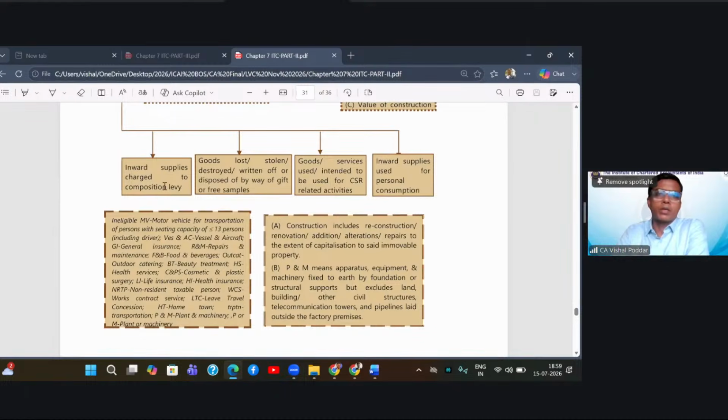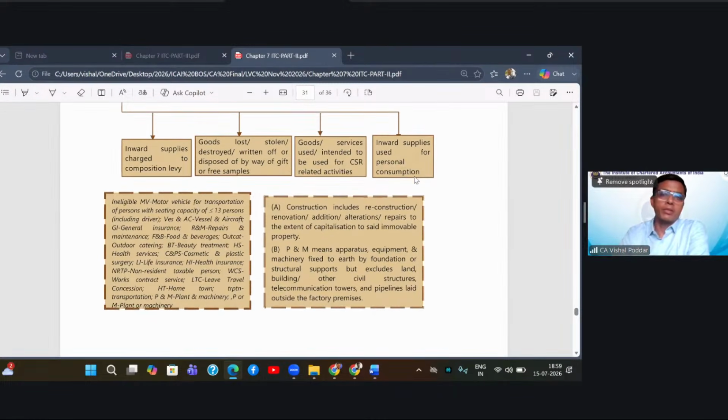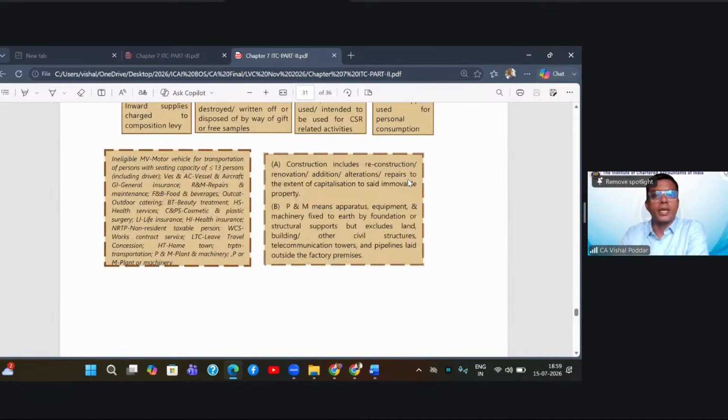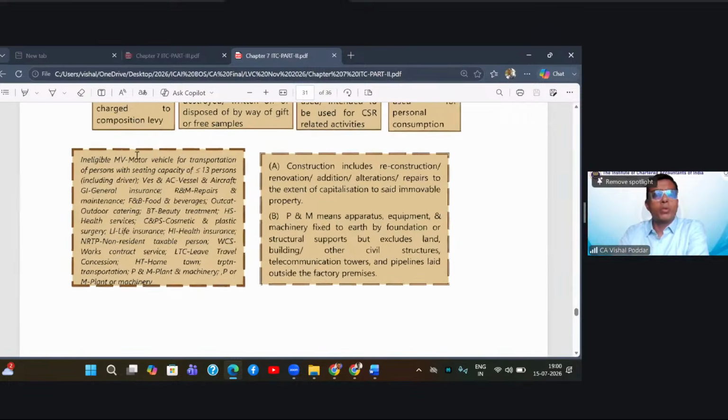Inward supplies for composition dealers, credit is not allowed. If I have made inward supplies of goods which are found later on to be lost, stolen, destroyed, or I have written them off in my books, or I have given them away by way of gifts or free samples. So if I'm procuring something for giving it as a gift or free sample, credit will not be allowed. Next, wherever I am procuring goods or services which are to be used as my CSR, credit will not be allowed. And last, inward supply used for personal consumption, credit will not be allowed. Fine, students. Now, when we come to motor car,